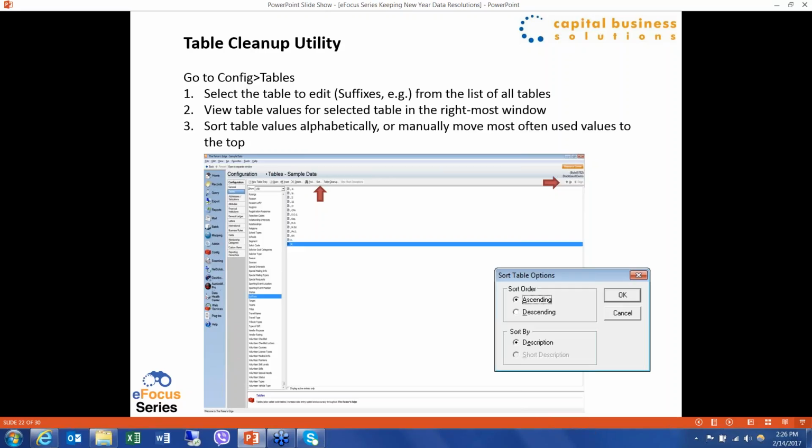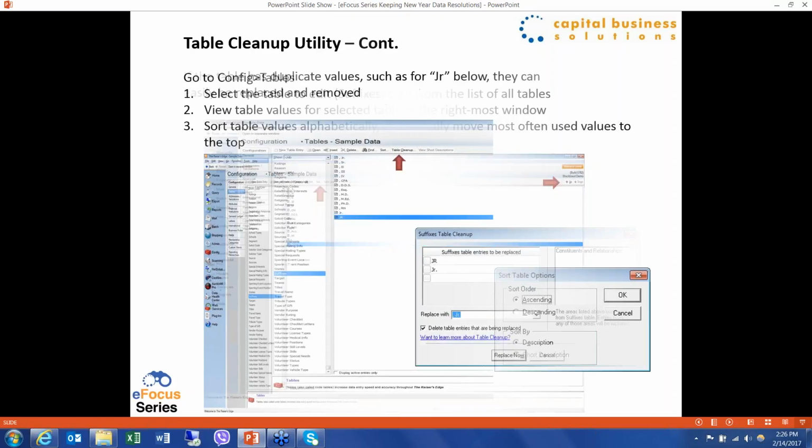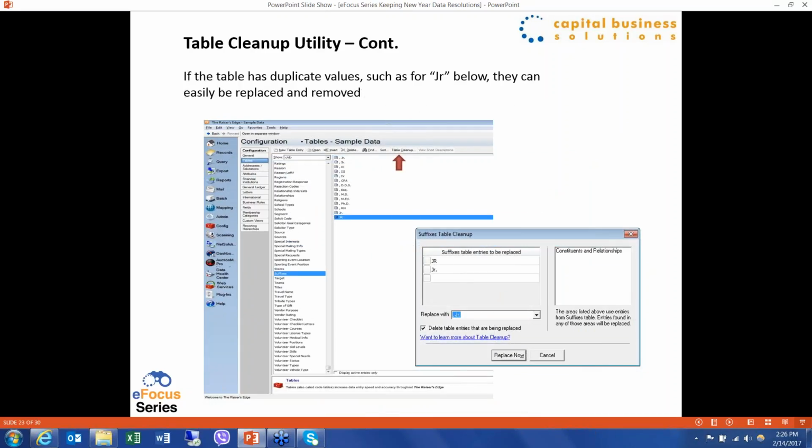And for almost all of the tables that exist, you can use the table cleanup utility to replace duplicates or misspellings. So feasibly, you might think that my example of Winston-Salem with a dash, Winston-Salem with a space, you want those to be the same. I could use this cleanup to say, put everything with a dash in this first box to be replaced, and then replace it with Winston-Salem with a space. That's a nice idea. Like I said, that works for 95% of the tables, but